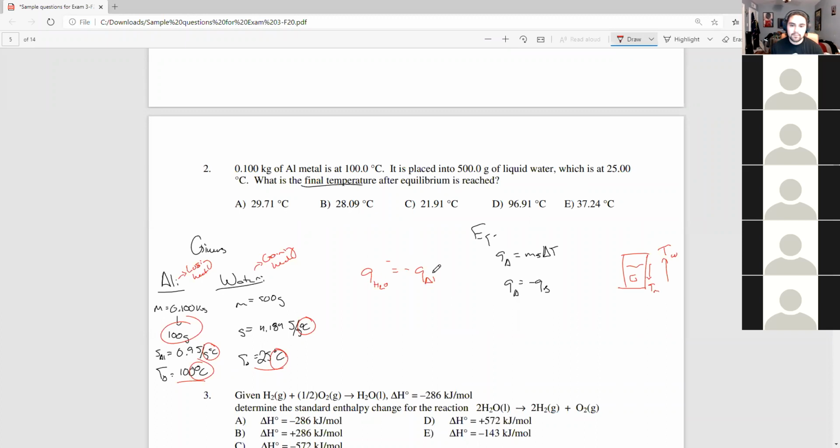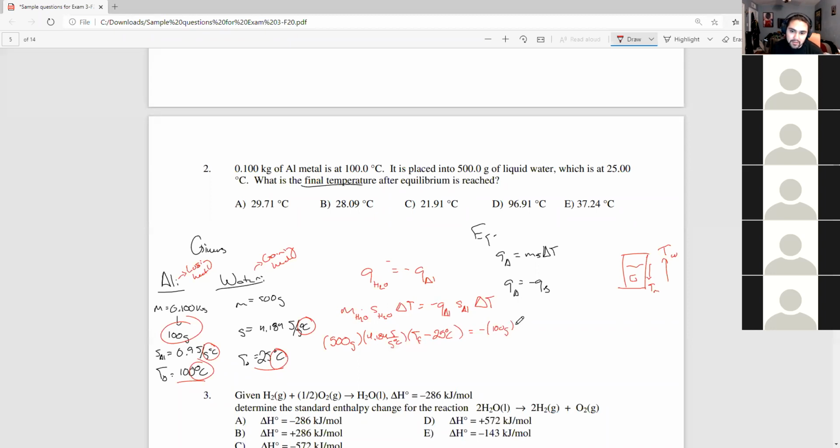And then, so yeah, you guys said I have all the units, so I can plug it in. So the mass of H2O, the specific heat of H2O, and our change in temperature equals negative Q of aluminum, the S of aluminum, and the delta T. So go ahead and plug in your numbers. 500 grams, 4.184 joules per gram degree Celsius, T final minus 25 degrees equals negative